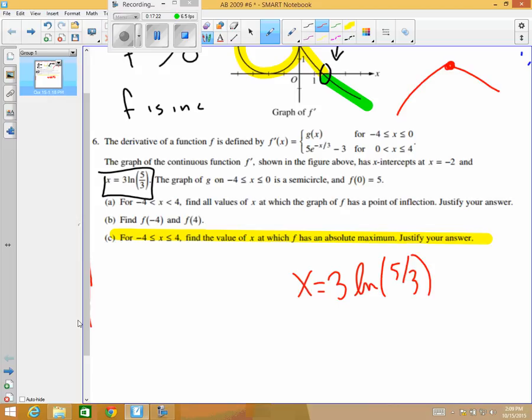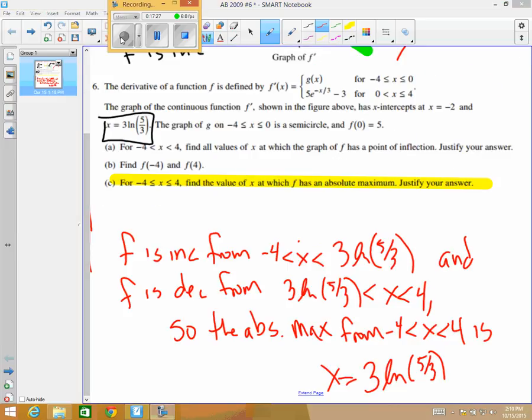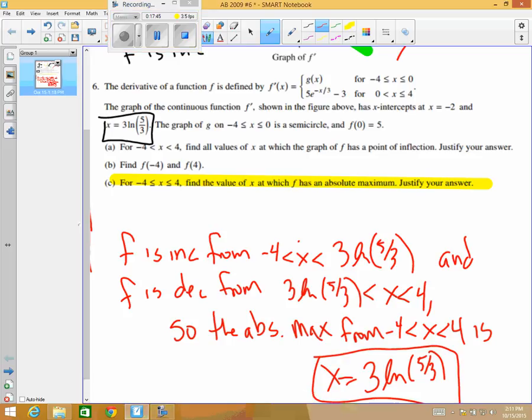So maybe you end up with something like this. Talk about why the function is increasing and where. Talk about when the function is decreasing, and mention that that has to be the absolute maximum. That's it for part C. This is worth 2 points. 1 point just for having that numerical answer. 1 point for a valid explanation. That's it. This problem is over. It was probably not too surprising that the average on this one was 2.07, especially because of part